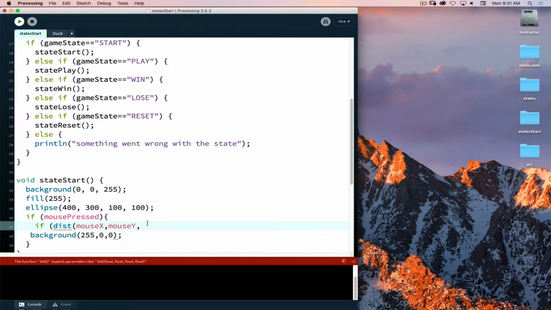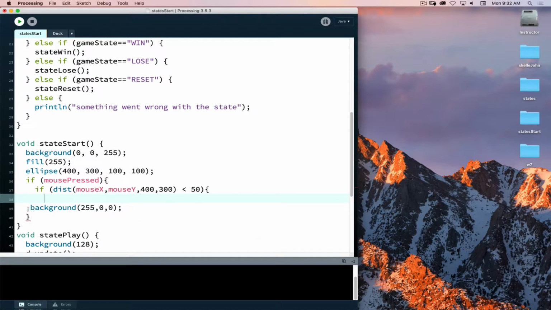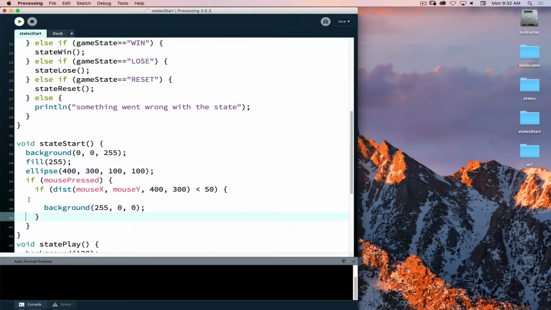So the center point of that button happens to be at 400 and 300. So if that distance is less than, and this is where we need that radius value, so that half of the circle, and we know that this button is 100 pixels wide and 100 pixels tall, so it has a radius then of 50. So if that is the case, and we'll just move that over,